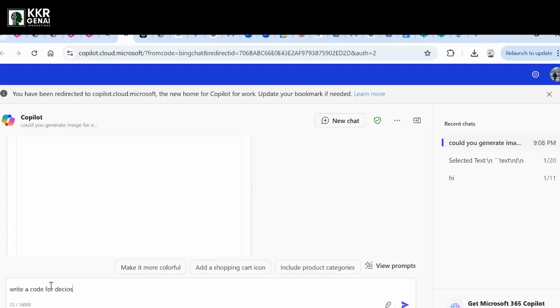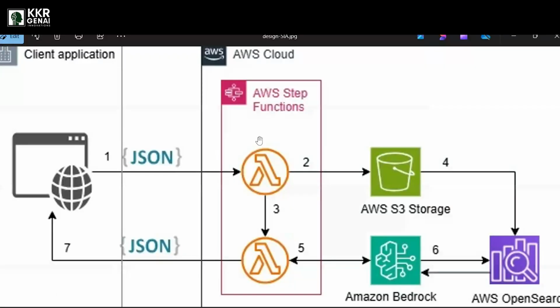As soon as I enter some input, like write a code for a decision tree, or for a classification problem, it will reach the client server. That is, we set up some Lambdas or some services.